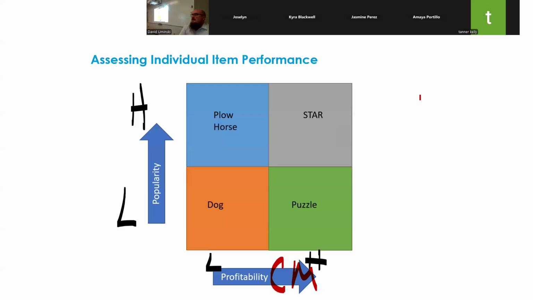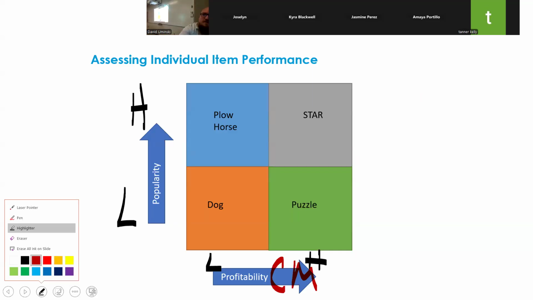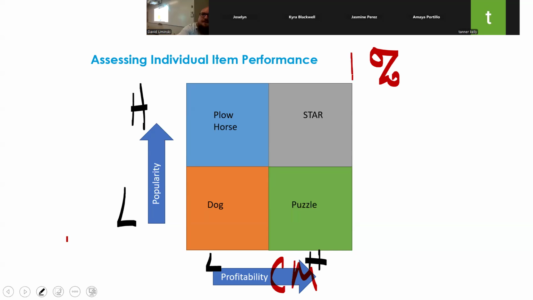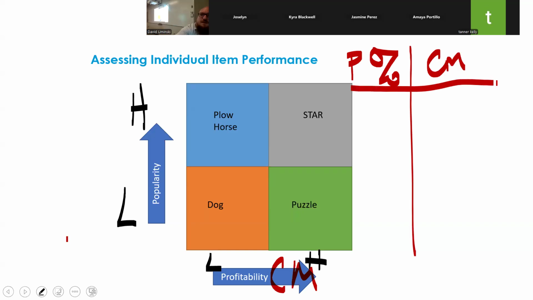So as you're finishing up, I'm going to go ahead and talk about how we look at and use this tool to analyze our menu. Okay. So this is a type of tool or type of graph that you can utilize to put things in different categories based on two criteria. Okay. So we have our popularity percentage and we have our contribution margin. Okay. That will tell us what category